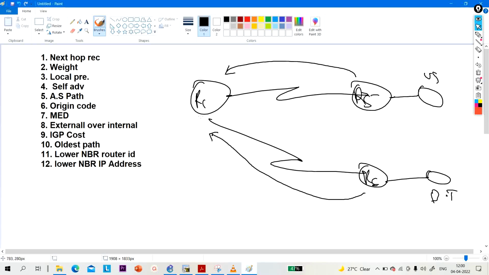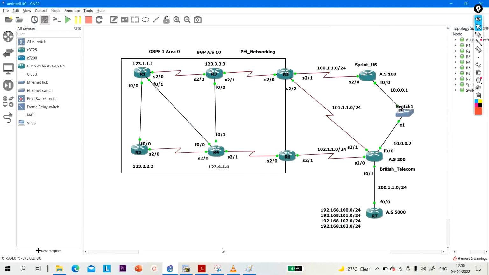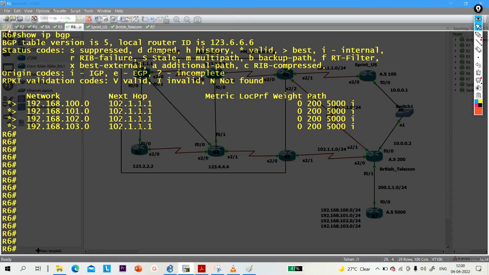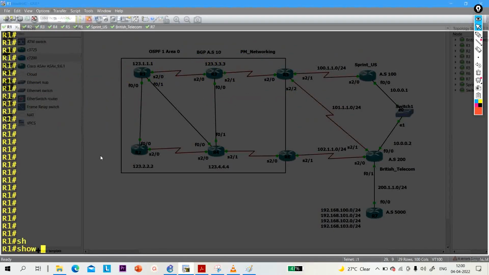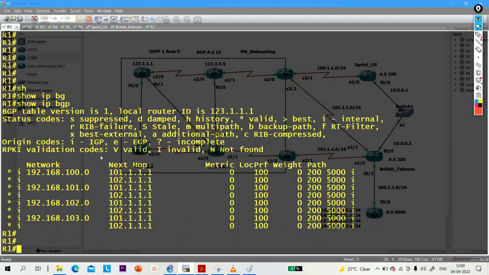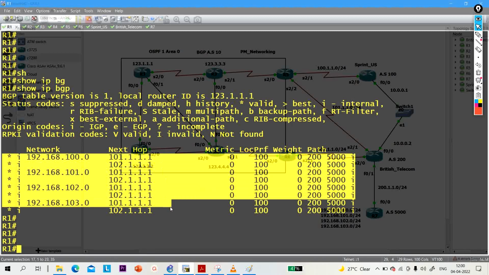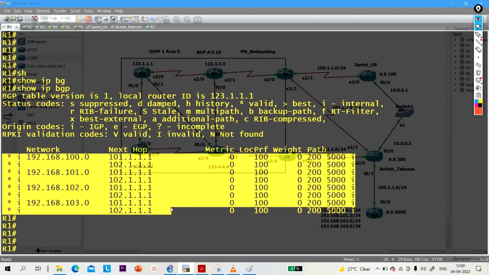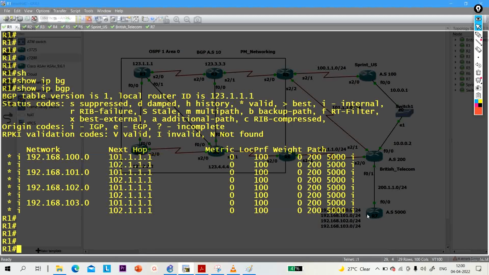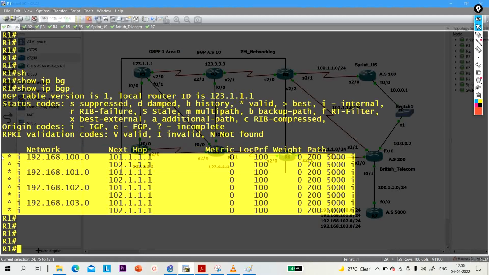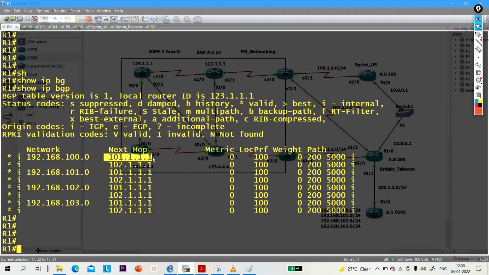So when R1 receives this prefix from two sides, how will R1 calculate the best path? Let me show you the BGP table of R1 first. So go to R1 and let me run the same command, show IP BGP. So here you can see R1 is receiving, okay, all paths are only valid, right? Not best. Why? What is the reason? If you know the reason, please write your answer in the comment section, right? And the reason is, guys, very simple: because of next hop reachability, right? This router is not reachable with